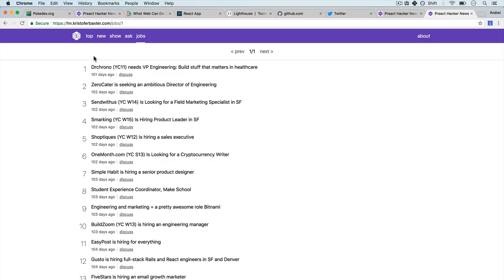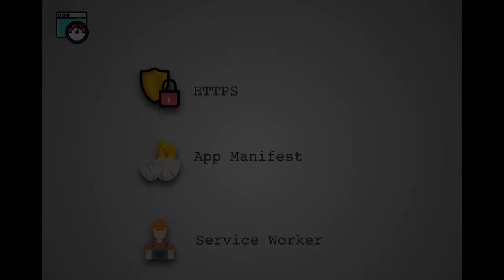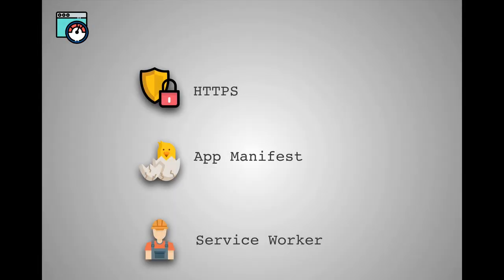All right. So I think that's enough examples to prove to you that maybe we should consider doing this whole progressive web app thing. In the next few videos, I'm going to show you the 3 most important parts to build our own progressive web app. And we're going to talk about these 3 topics so that our RoboFriends app is going to be a progressive web app by the end of this section,